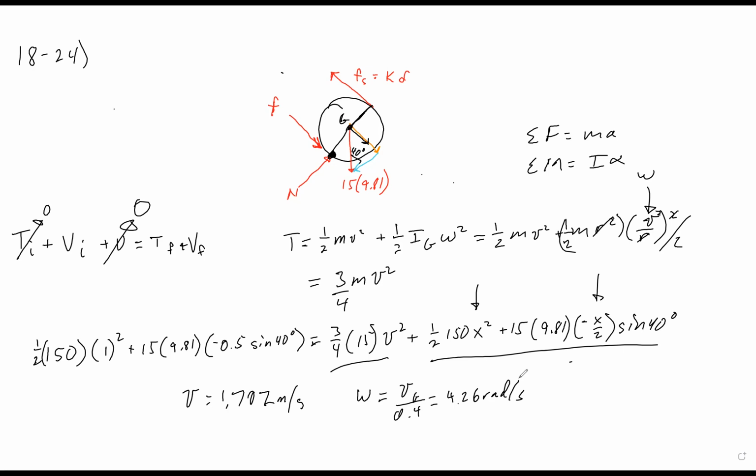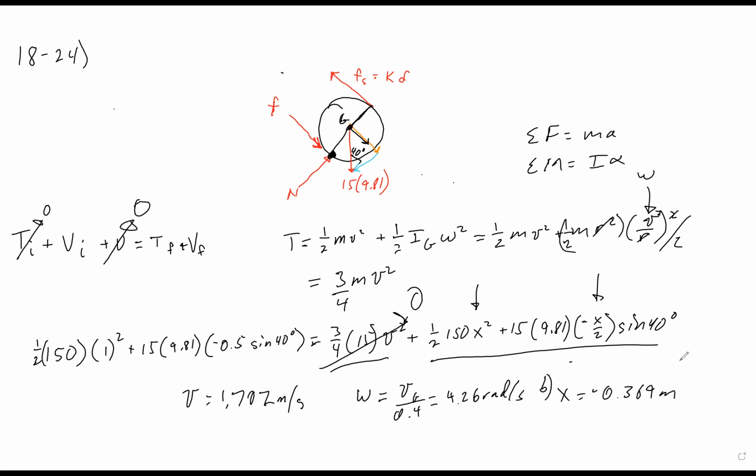And then part B is asking us to find the stretch in the spring when the cylinder is at rest. All right, well, this is a little bit simple and tricky at the same time. So our work energy equation basically says that the final kinetic energy will be 0. So you can just kick this guy out, set it to 0, and then resolve the equation for x, because now x is the only term not there. So we will then get x, so this is part B, x is equal to negative